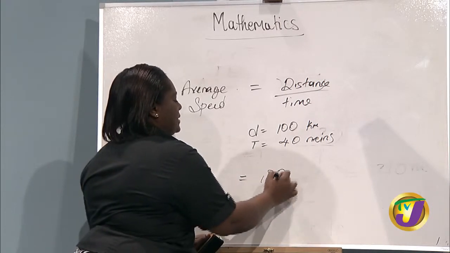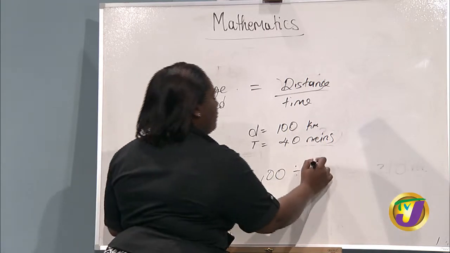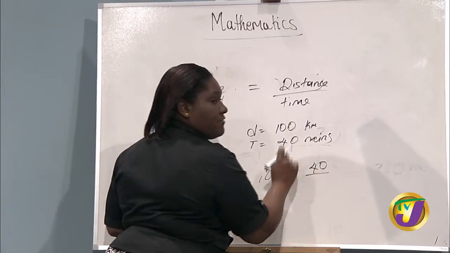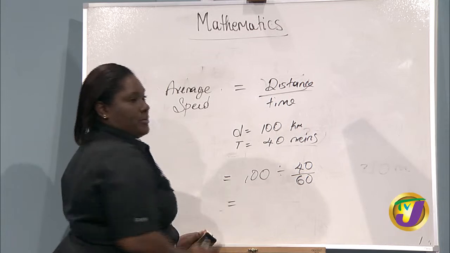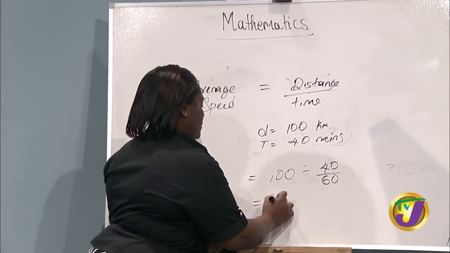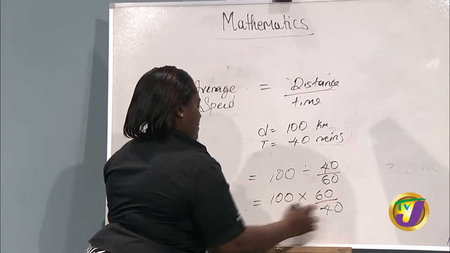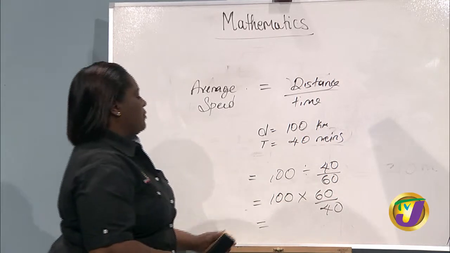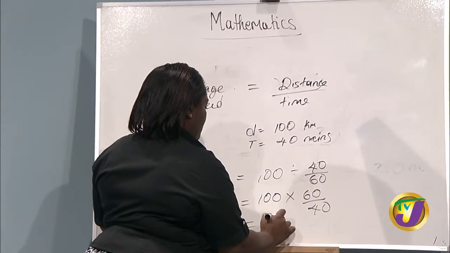So it would be a distance of 100 kilometers divided by 40 minutes, which is a fraction of the hour, 60. And what applies when we are actually dividing? When we're dividing, we usually invert and get the reciprocal of the divisor. And when we simplify this, it would be,